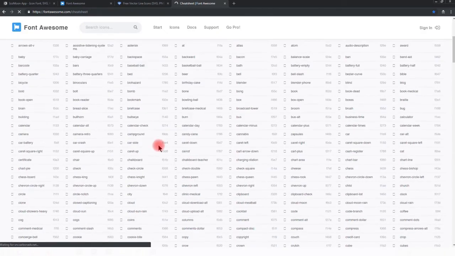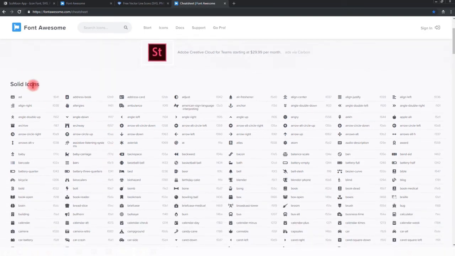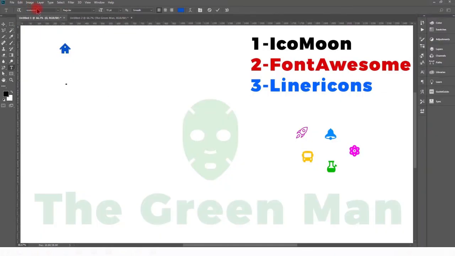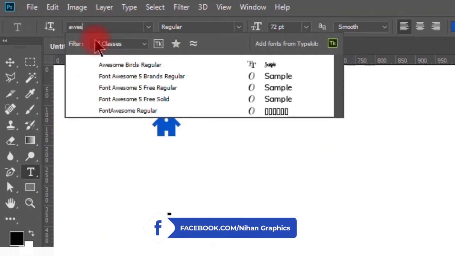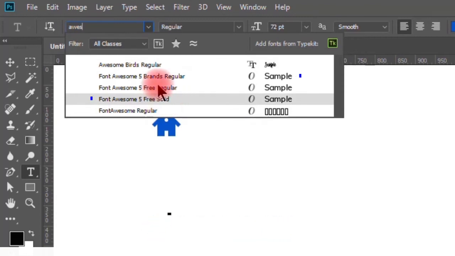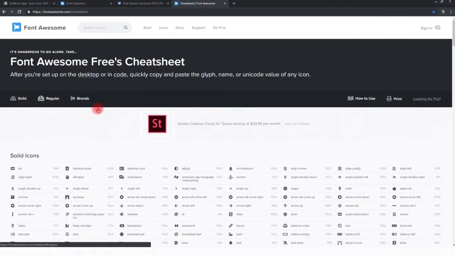So here they are. As you can see, they are classified into solid, regular and brands. If you are going to take solid icons, you will have to select here in the text box the solid style. You can also see all three are listed separately: brands regular, free regular and free solid, as shown here: solid, regular and brands.